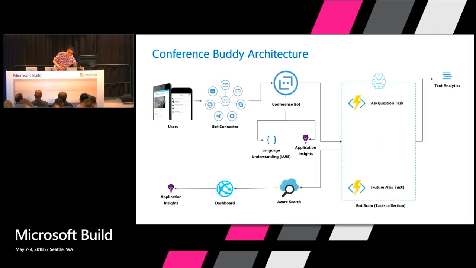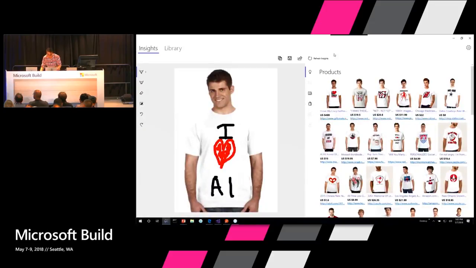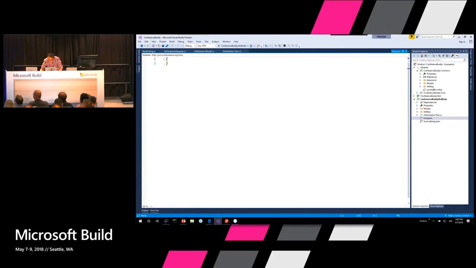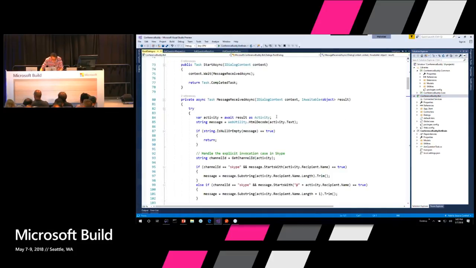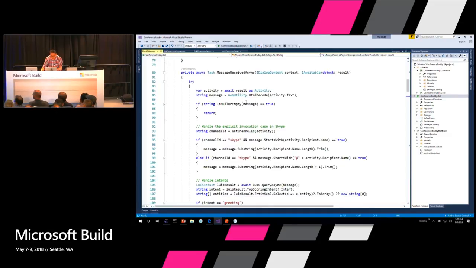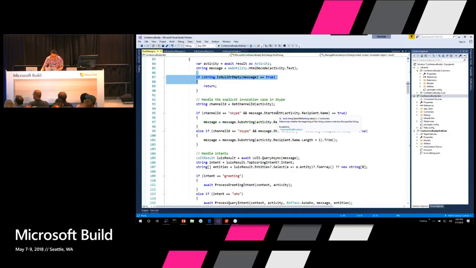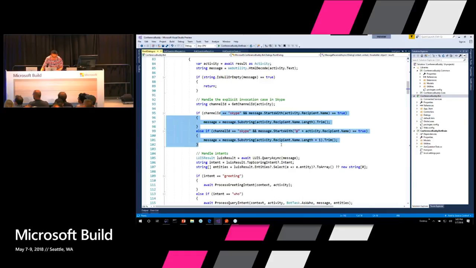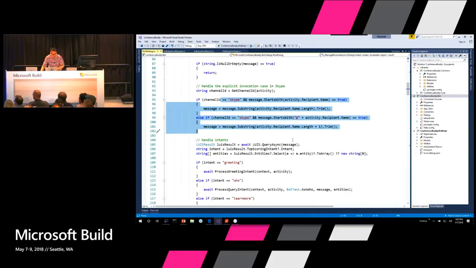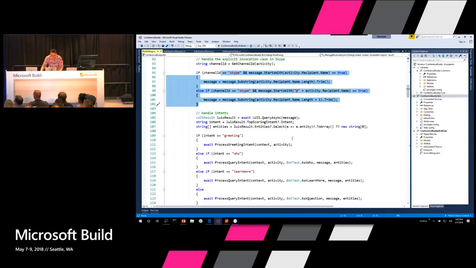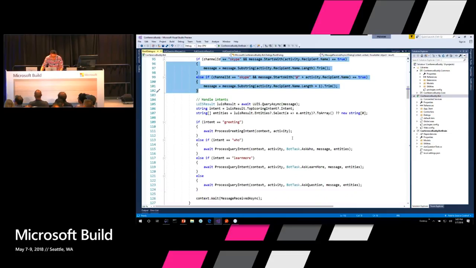All right, so let's switch back to the code. Let me bring up the code and show what I meant by all these segregations. So let's take a look at the bot code we have here. This is a standard bot code that you might see. Basically, you start a sync and you're getting messages. Once you get messages, you massage the message, and you do some trickery for some of the channels, where you might need to filter some words when you have a group chat and those kinds of things.